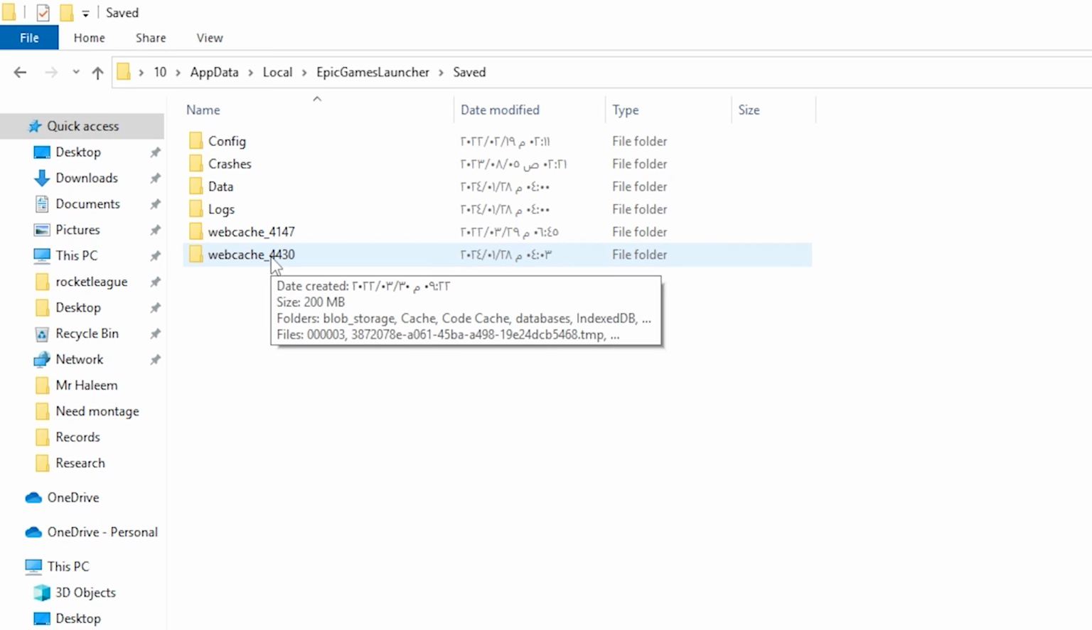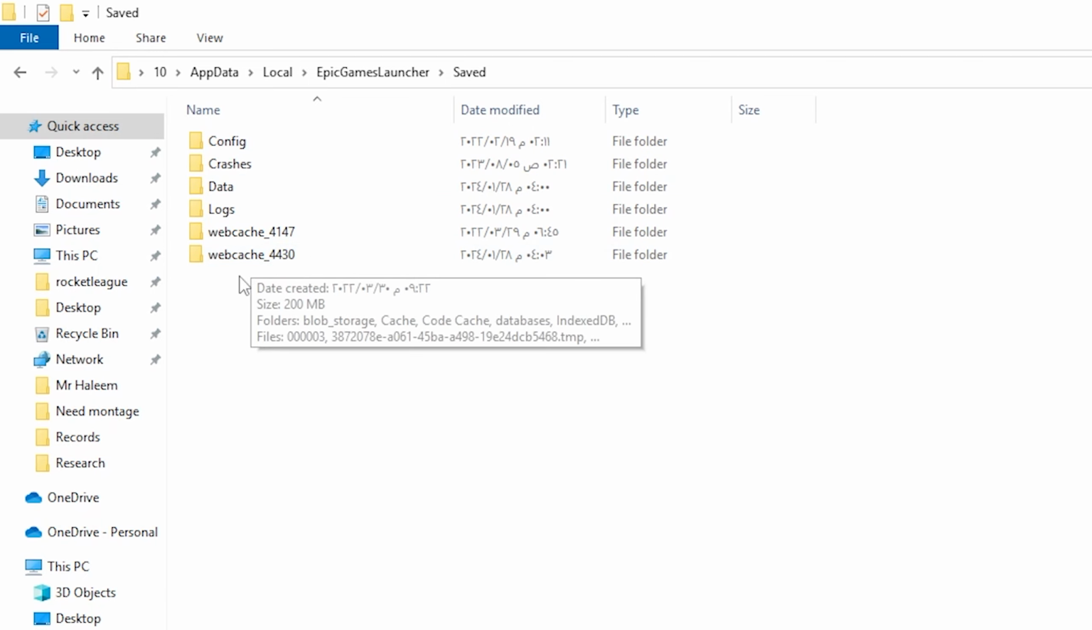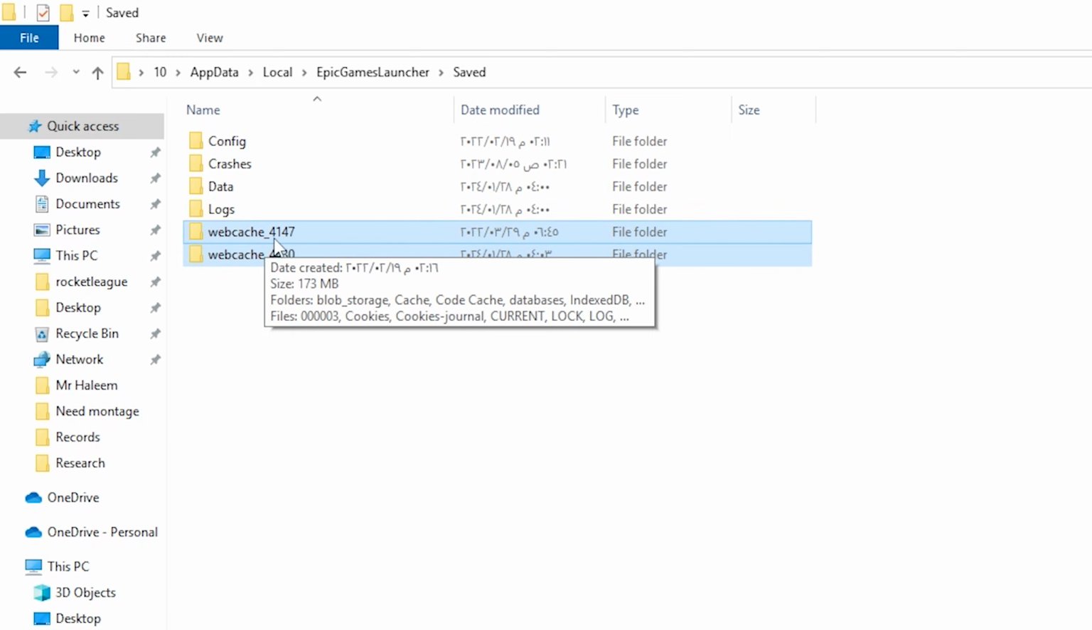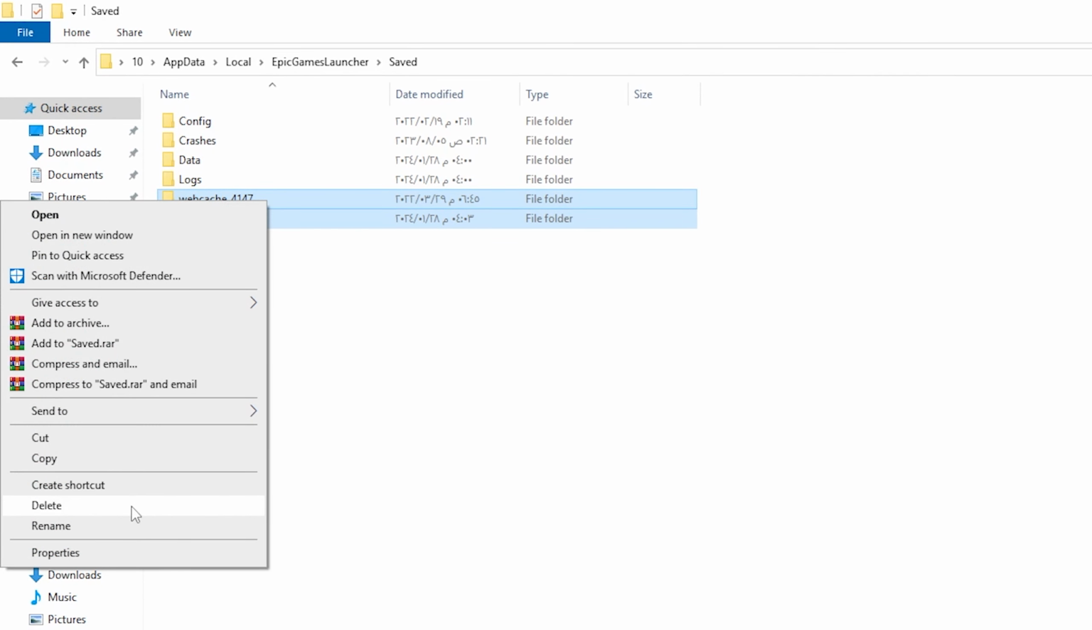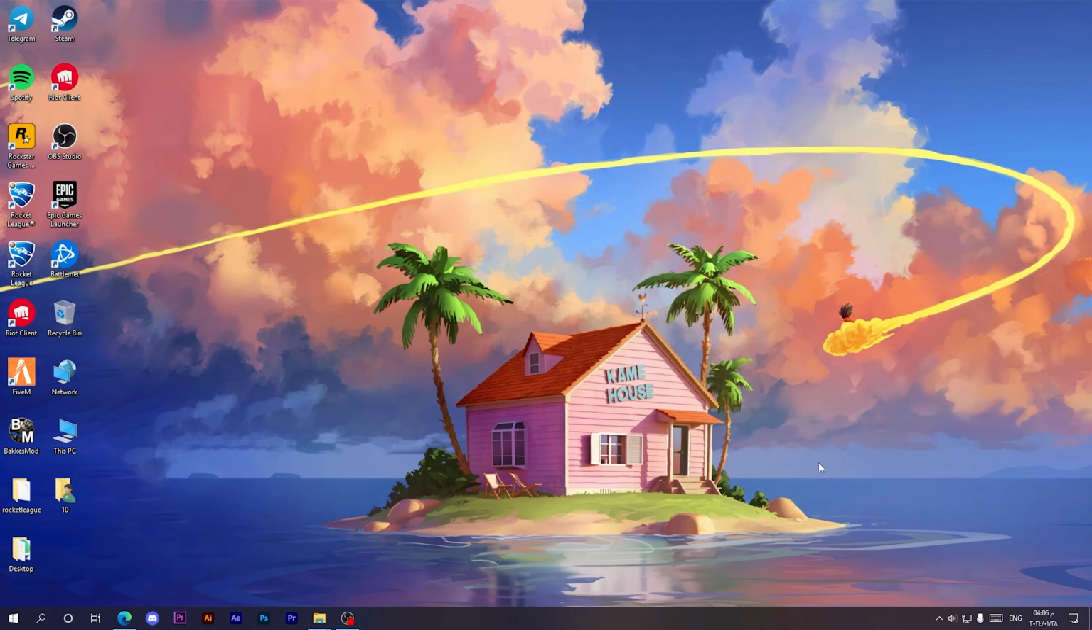And what I recommend doing now is to delete this folder right here, or these two folders which start with webcache. So what you're gonna do is to simply select them, then right click and click on delete. Then try to open your Epic Games Launcher again, and if this also didn't work, you can jump into the